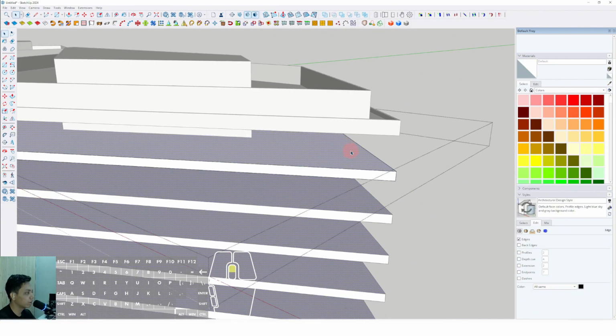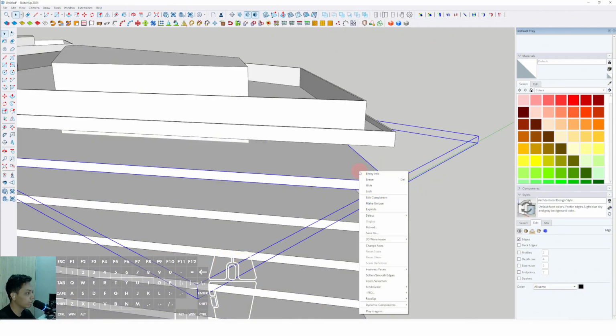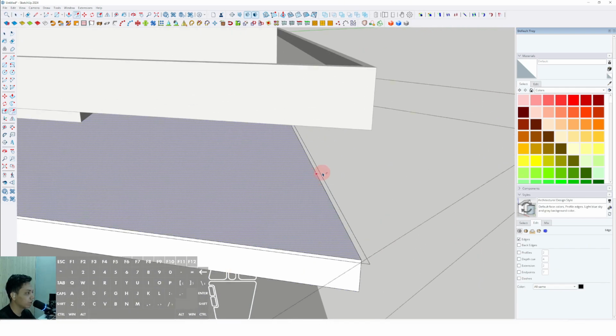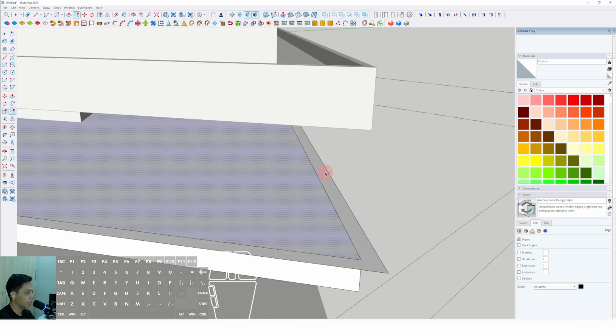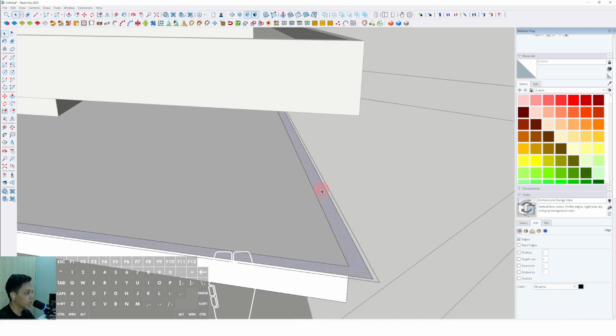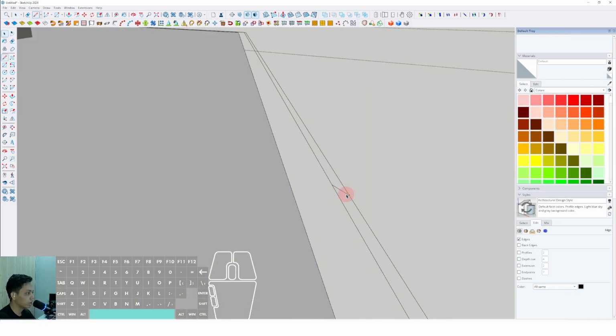We have to click this one and make unique, then click this one and offset it outside around 500 millimeter, and we can delete this one. Okay, we can triple click and offset it inside around 100 millimeter. Okay, then we can